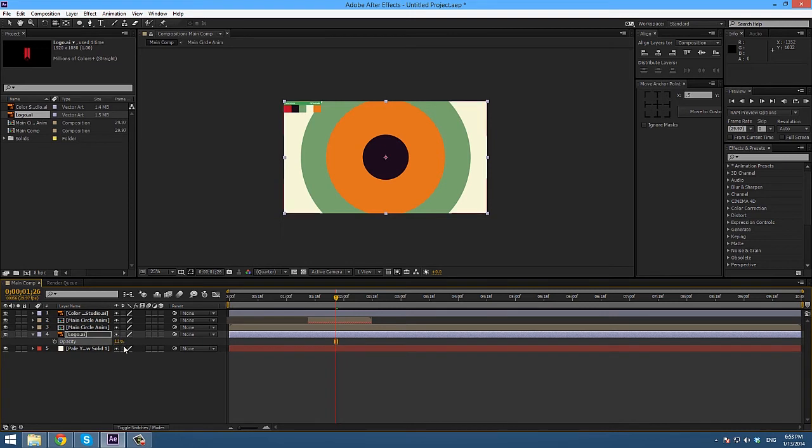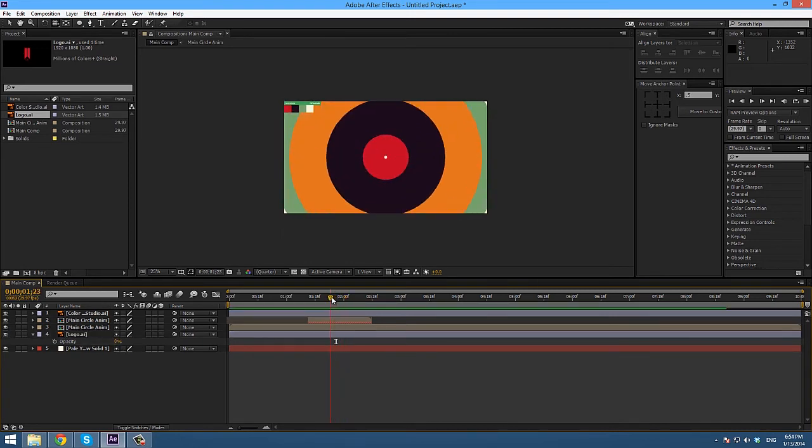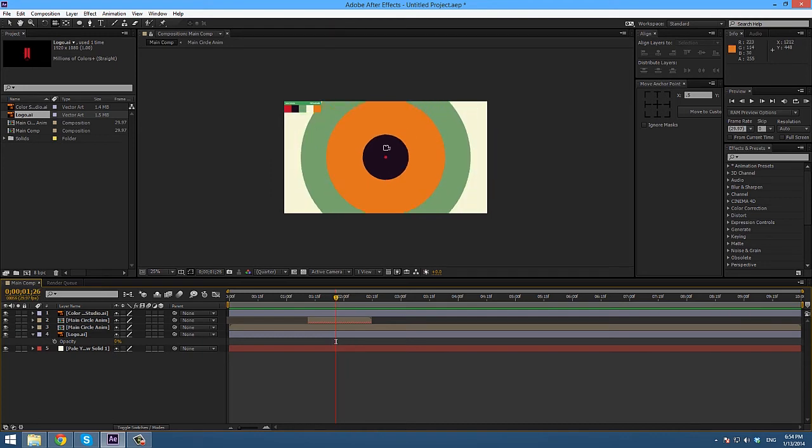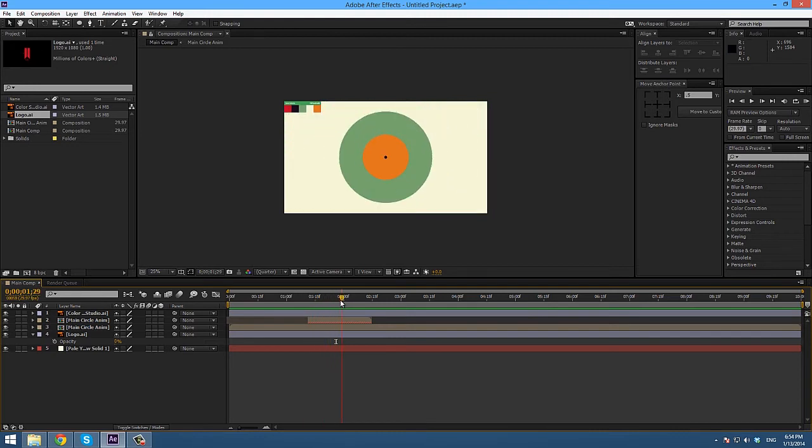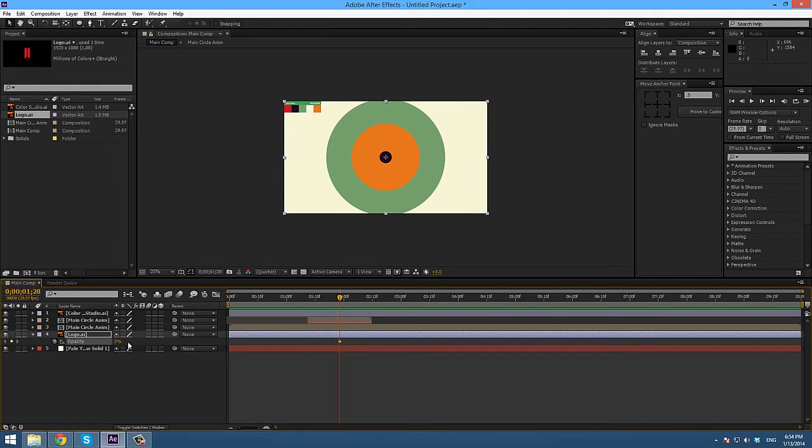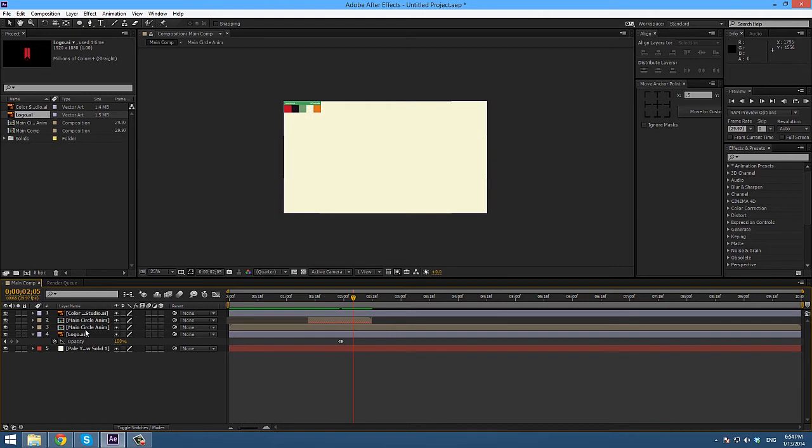I'm going to bring this down to 0, and right after the layers, let me check, right about here, press the stopwatch to make a keyframe. Now move to the next frame. Okay, just click once please, and make this 100% and the logo isn't there. Okay, nice,